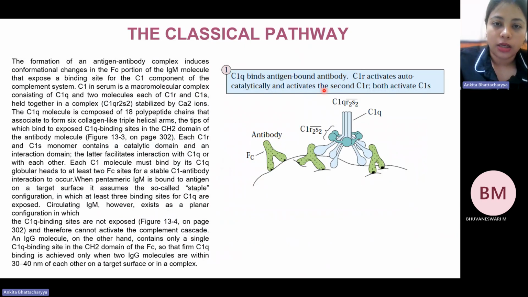So now, as you can see, C1q binds to its antigen bound antibody, and C1R is able to activate autocatalytically, activates the second C1R, and both of them are able to activate C1S. So this entire C1 macromolecule is now ready to elicit the pathway. If we go into a little more detail about the structure,